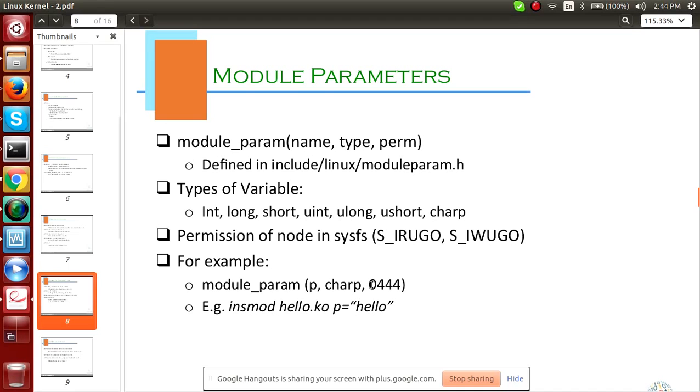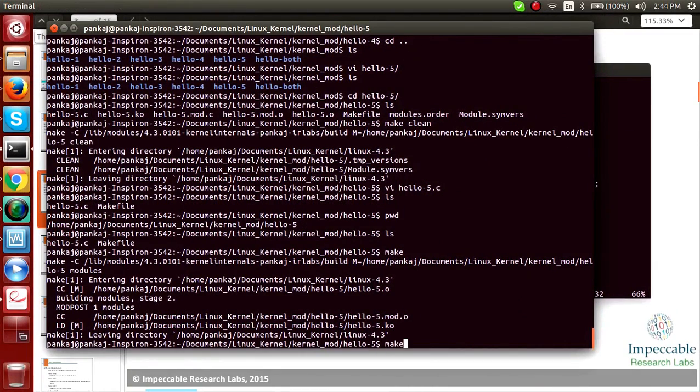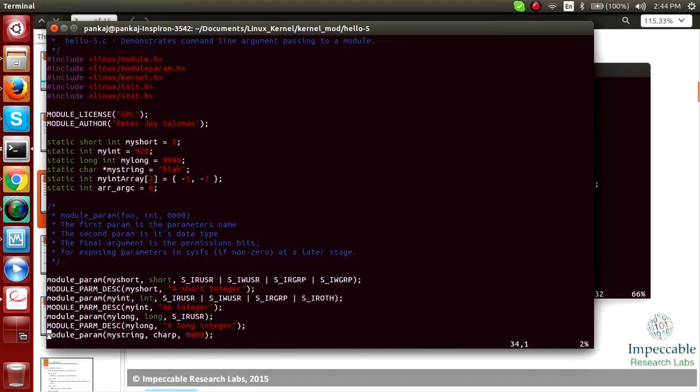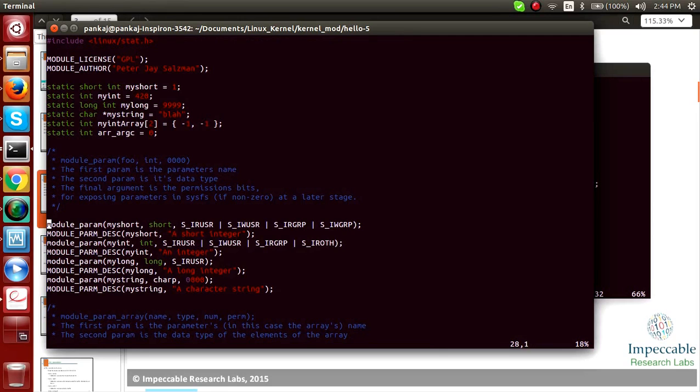Or you need to give it like this. So this means user can read, user can write, group can read and group can write, and others cannot read also.